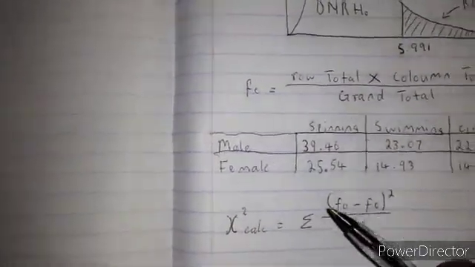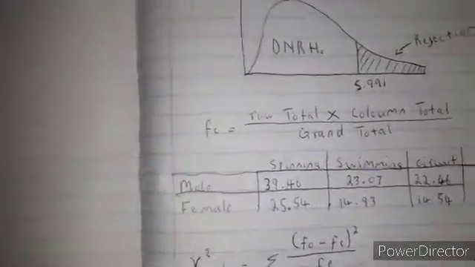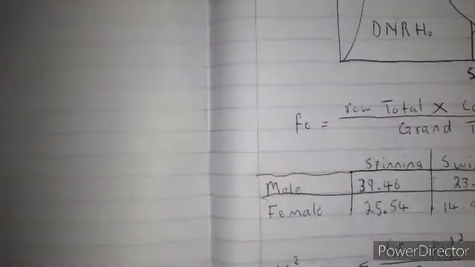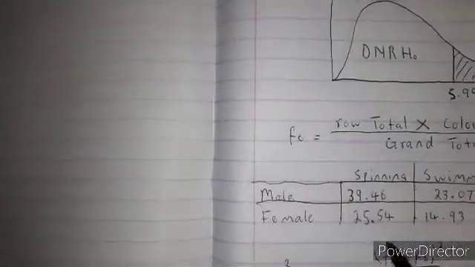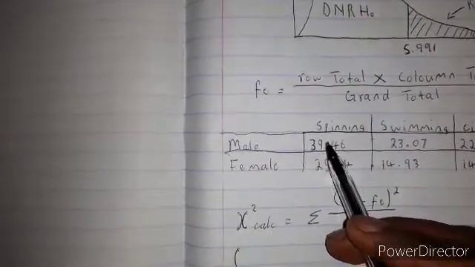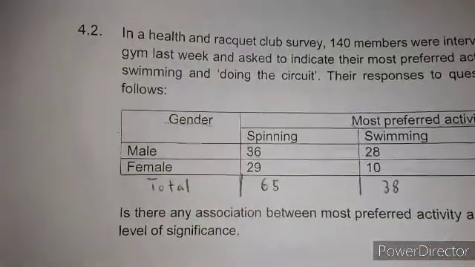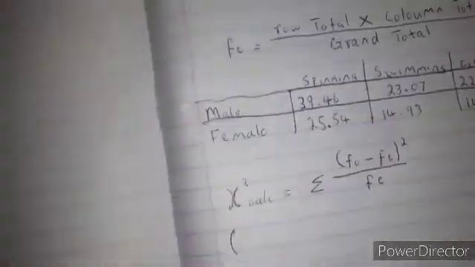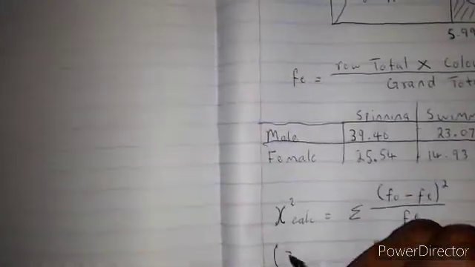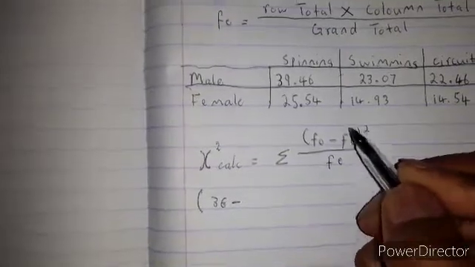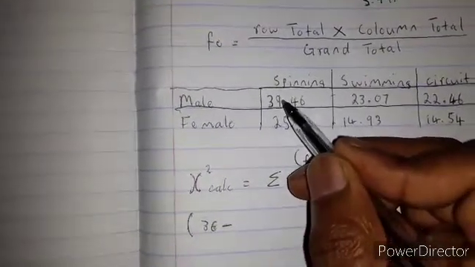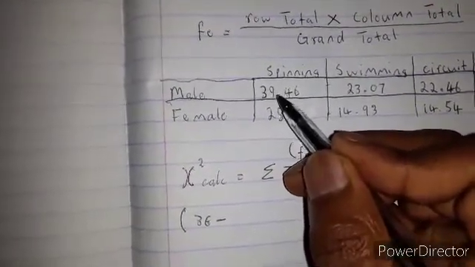Now let us substitute. The observed frequency of the first class, spinning on the male row, is 36, minus the expected frequency of spinning on the male row, is